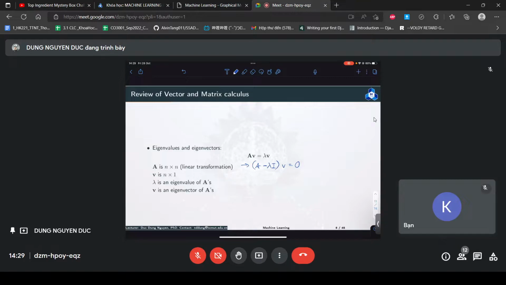Well, how to do that? That solution appears only and only when A minus lambda I is singular. So we are talking about the determinant of A minus lambda I. If this differs from 0, then of course you will get the trivial solution 0. Now if this determinant is equal to 0,